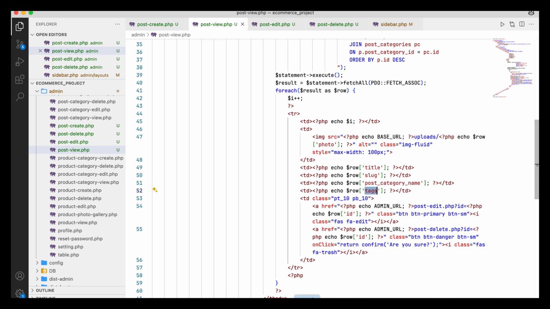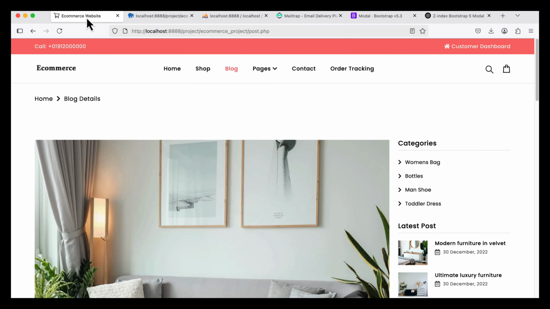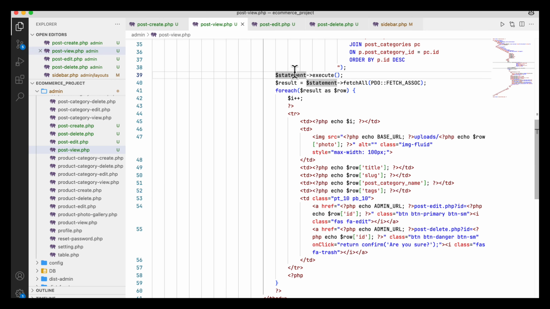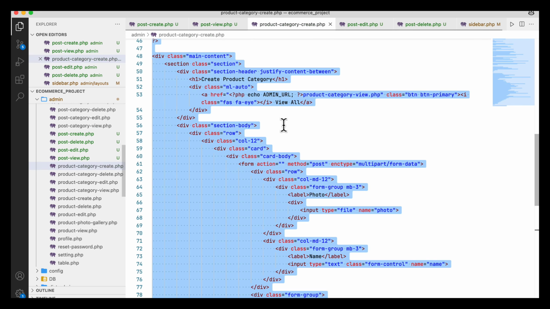And post edit and post delete. So now if you go here, refresh it, you see these are coming, but no data. So I am going to add new data now here in the case of post add. So if I want to work with the post create, I will have to call the product category create, copy